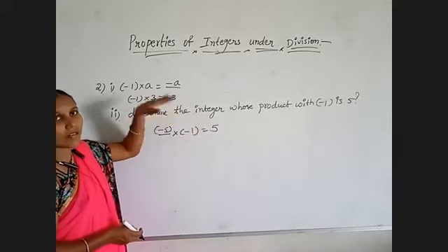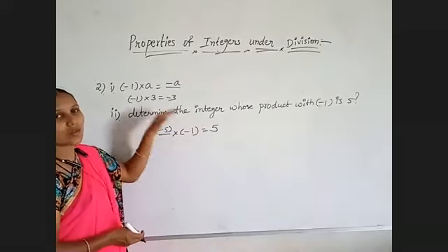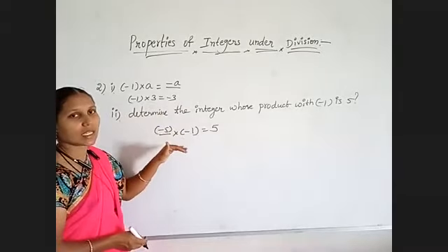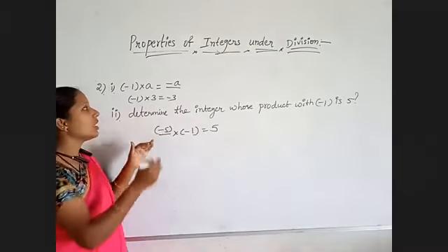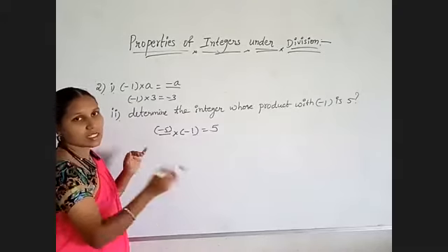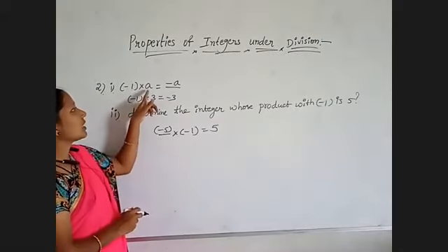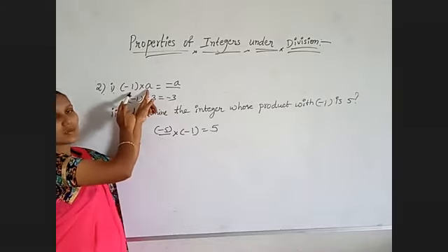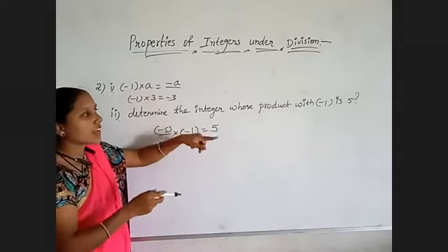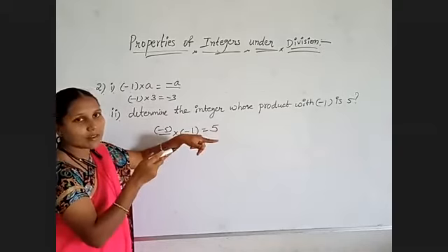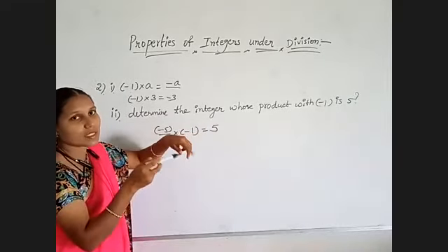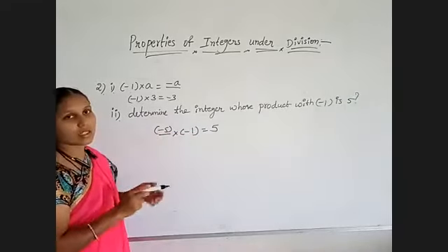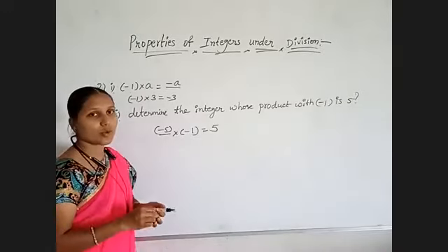When we are multiplying with minus 1 only, they are asking. So whenever you are multiplying with minus 1, it is very important to remember you will get its additive inverse, that's all. Because here A is given, I'll get its additive inverse when multiplying with minus 1, so minus A. And here 5 is given, I need to multiply with minus 1, so minus 1 into 5 is nothing but minus 5. That's all. So remember these 2 points.